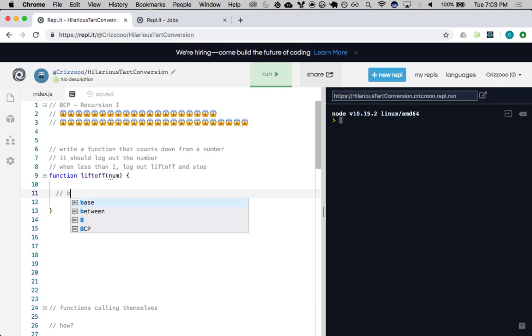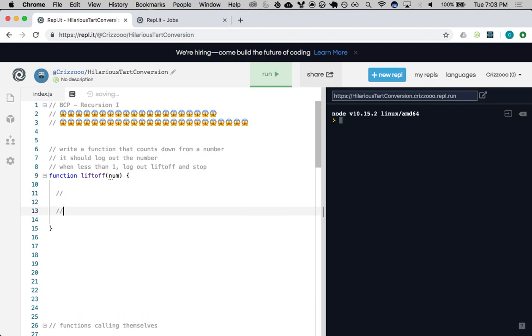We said that instead, generally when we approach a problem, it's also good to write out the pseudocode for what we want to do. So what do we think that is? And this is kind of like English. It can look a little like code, but in general, it's in English. If less than 1, log liftoff. Okay, that's one thing that we need to do. And the other,